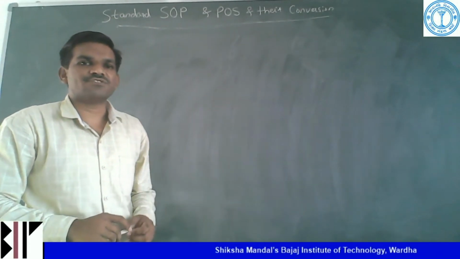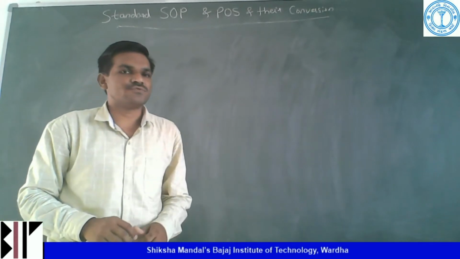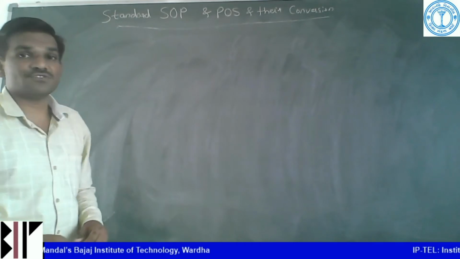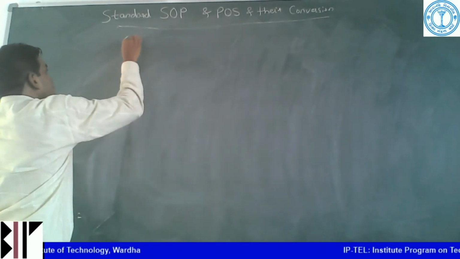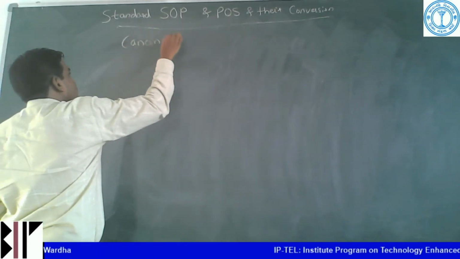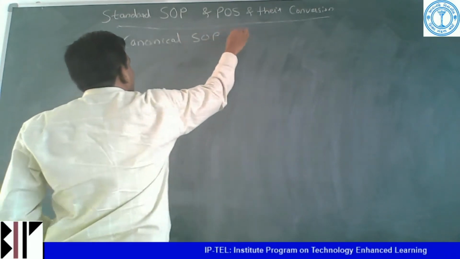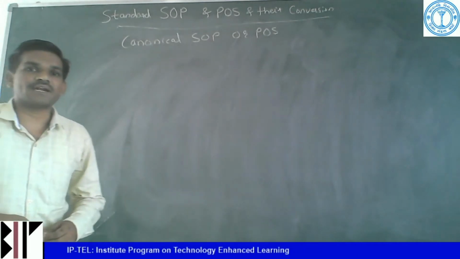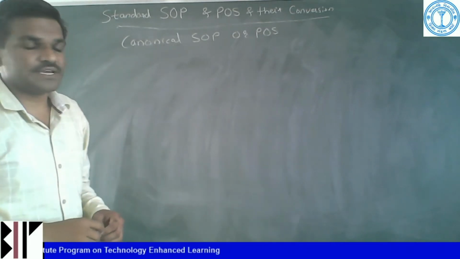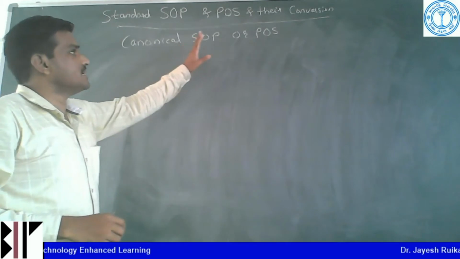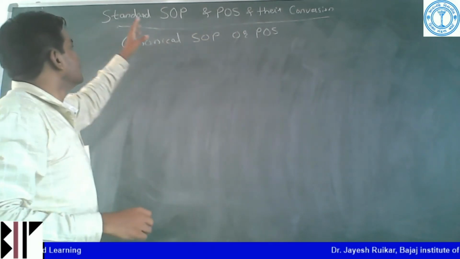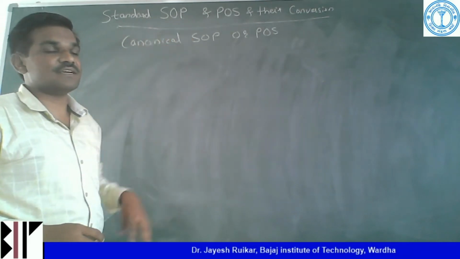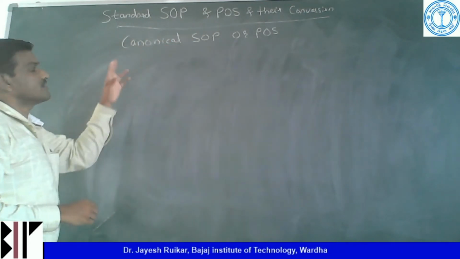Hello students, last time we saw minterm and maxterm, also SOP and POS form. But today we are looking at standard SOP, which is also known as canonical SOP or POS. That is canonical sum of product and product of sum. So today I will explain this SOP and POS and how they are differentiated from the earlier SOP which we have already seen, and what is different from a standard SOP or the canonical. What is the canonical and standard form?